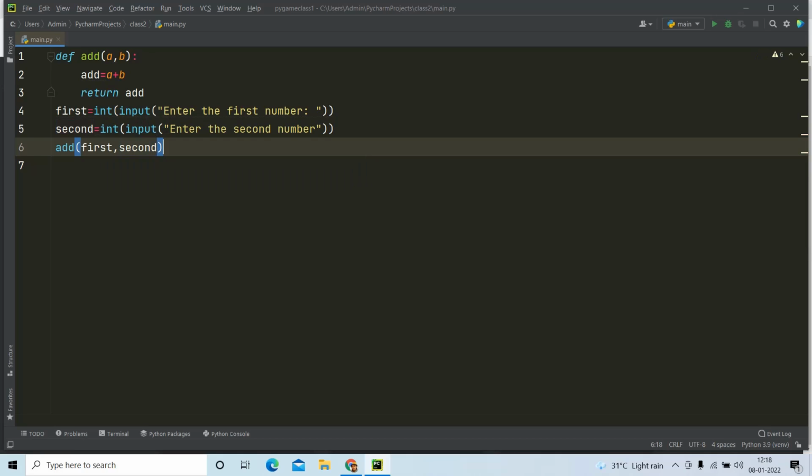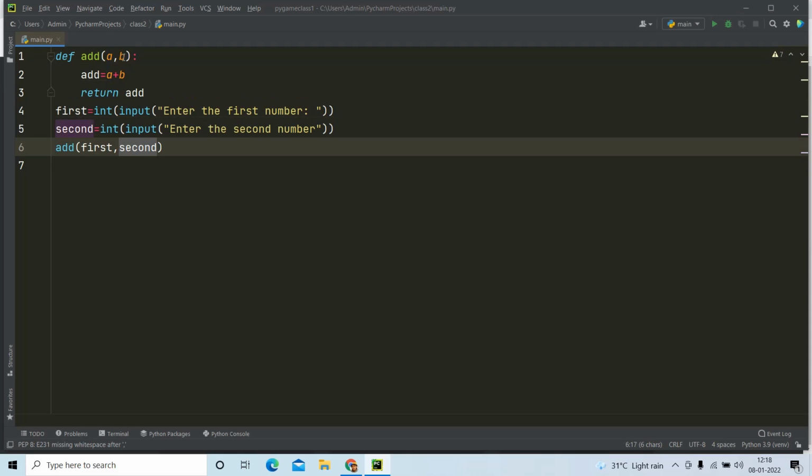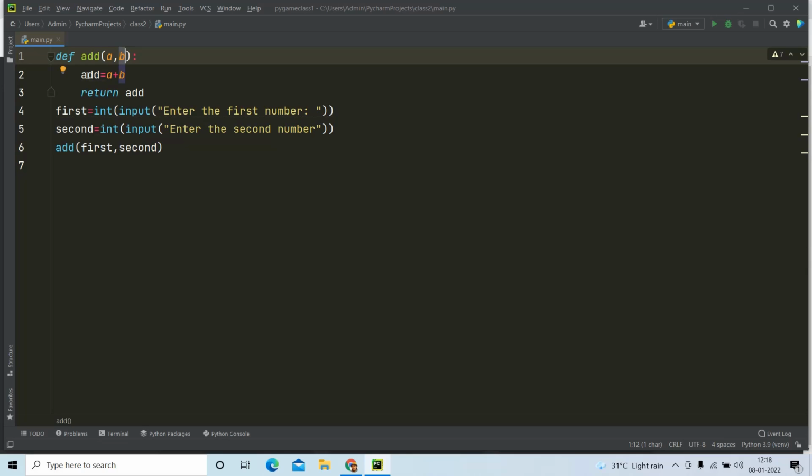So I have called this function in this statement with the help of the function name, and I have passed the parameters first and second. Now what will happen? This function will be called, and whatever value we pass in first will be saved in the variable a, and whatever value we pass in second will be saved in the variable b, and it will do the operations and return add for us.